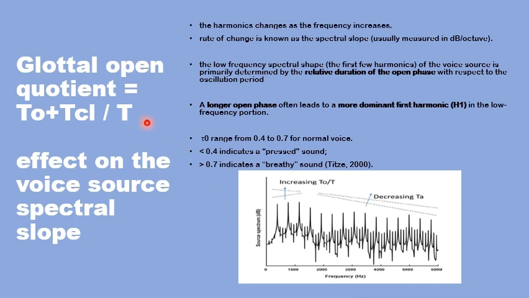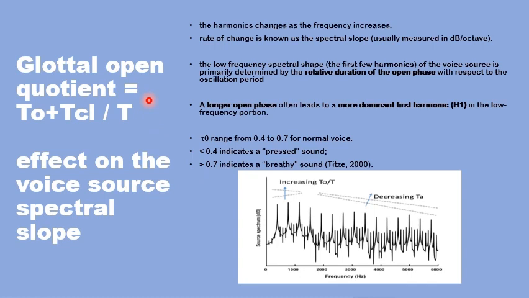This ratio normally should be between 0.4 and 0.7. That is to say, the open quotient should be between 40% and 70% of the whole of the glottal cycle. When it is more than 70%, when the glottis is open more than